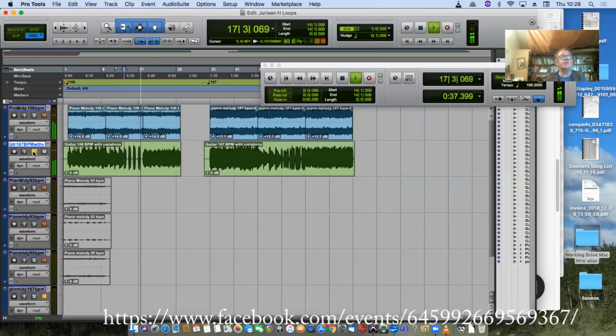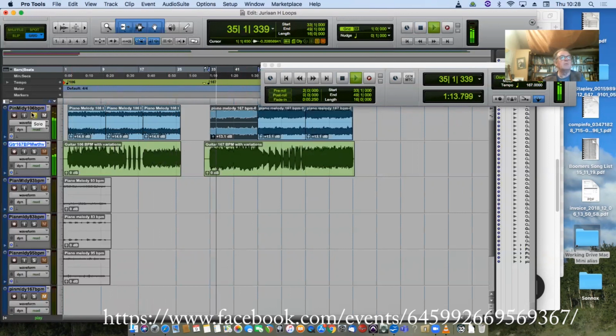And then the last version, a slightly different interpretation of the chords and an octave higher. And then the second one, a different tempo. This was his piano melody.